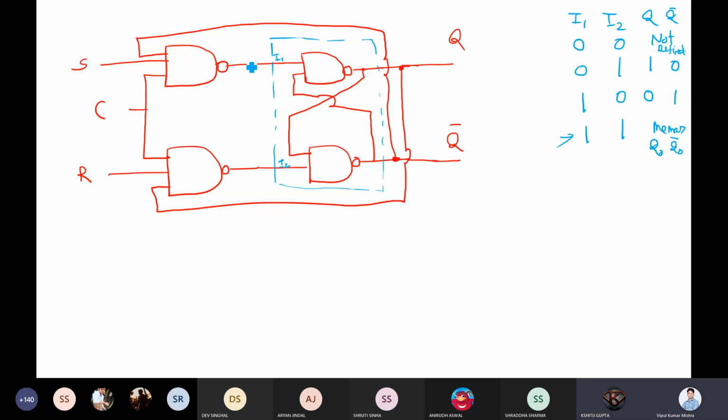C equals 1, S equals 1 and Q bar equals 1, because Q is also an input here. So let me draw a 3 input NAND gate. If you have 1, 1, 1, then only you will get 0. In all the rest of the cases you will get 1. Clear? Any doubt?